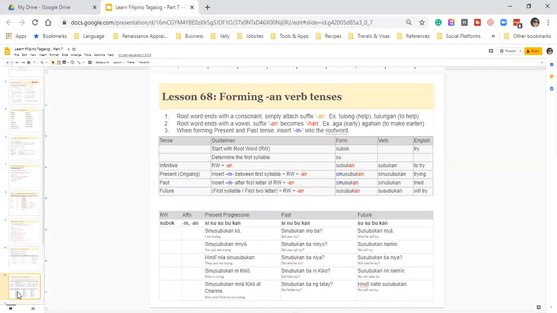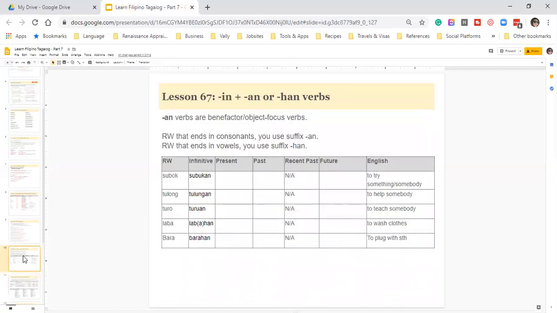Here's the rule on the second page. Now I want you to try it. It's pretty much the same as the in or i of OFB, except this has an extra suffix. So you follow this rule, and then we'll see if you can get it. Then we will work on it when we see each other again. So this is your homework: present, past, and future.